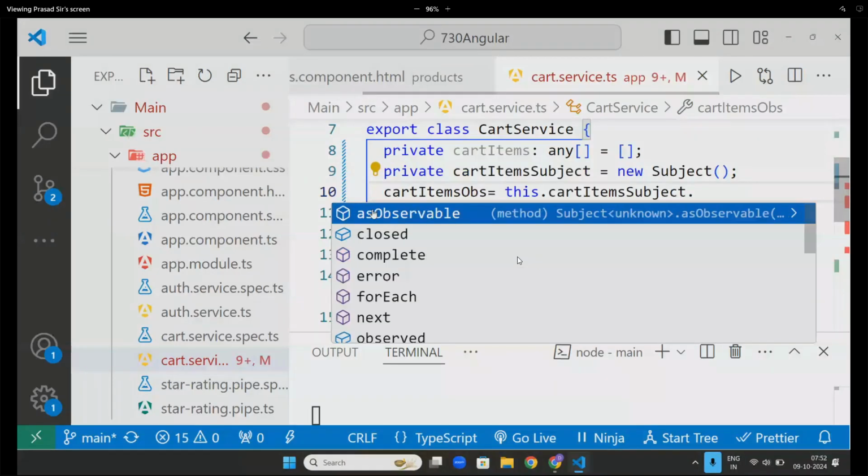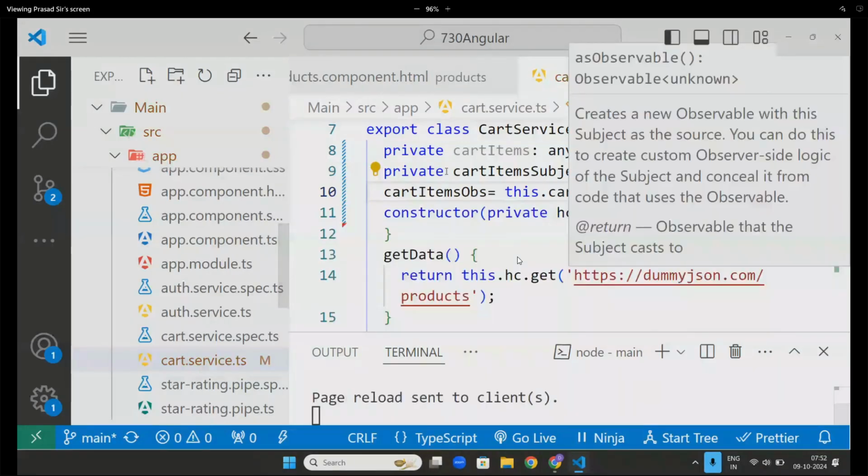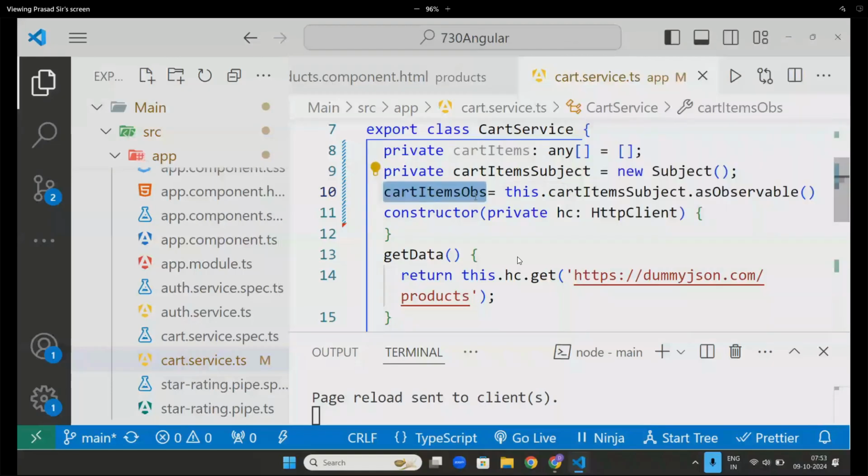So I did three things, sir. First, I created one empty array. Second, I created a subject. Third, I converted my subject into an observable so that if in the future I need it, I will use that. Any doubts? No. Next, write some basic logic.